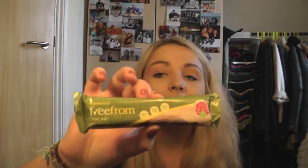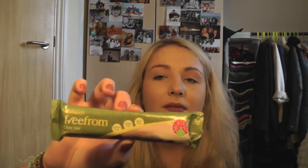I haven't been able to eat chocolate in coming up for a year now, and I absolutely adore chocolate. It's like my favourite thing in the world. I mean, hardly any girl doesn't, but I missed it in my life and I found this. So this is Sainsbury's free from